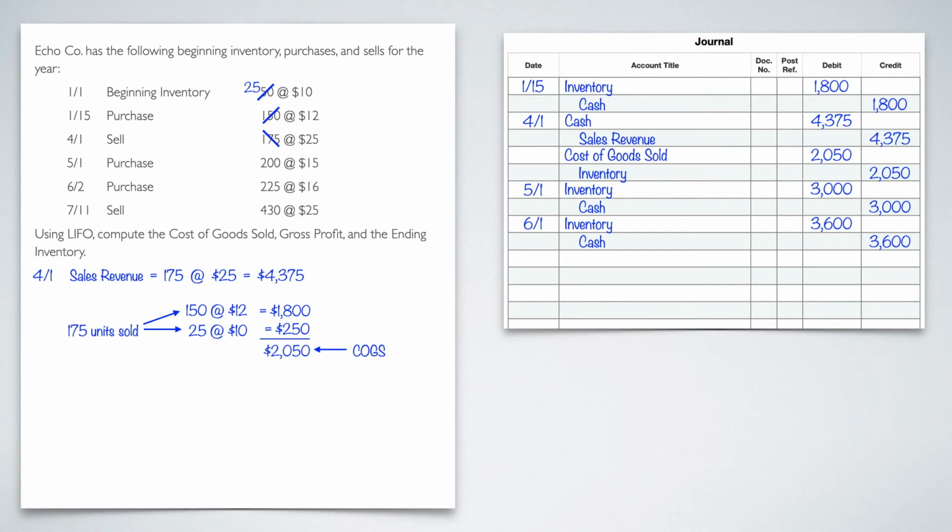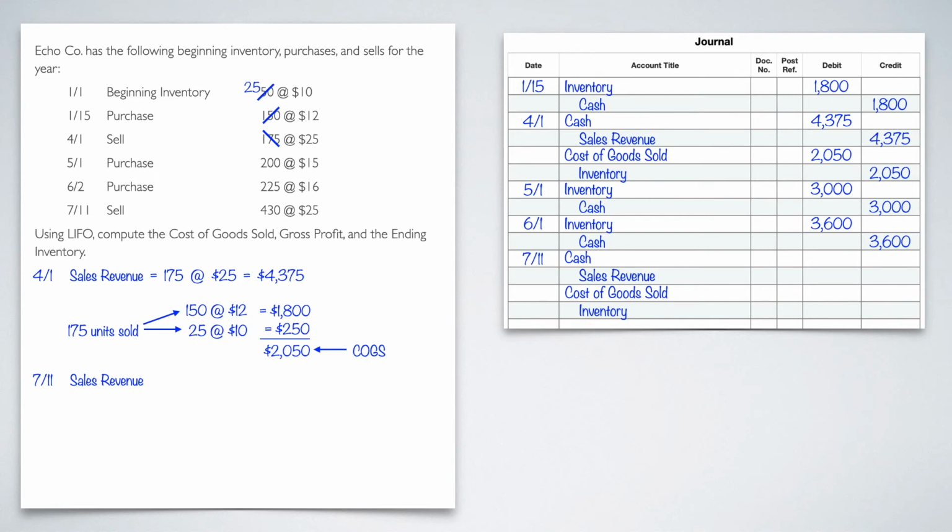All right, now we get to the 7-Eleven sale. Again, I'm going to go ahead and put my accounts down: cash, sales revenue, COGS, and inventory. Let's go ahead and calculate the sales revenue. It's going to be the same as it was before, but just for formality reasons, I want to show you how we do it.